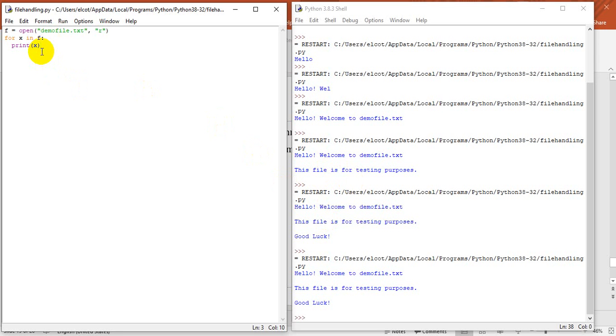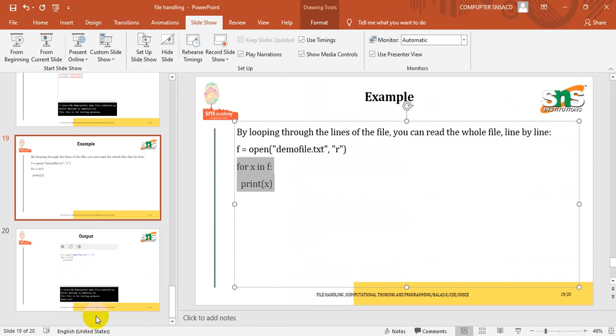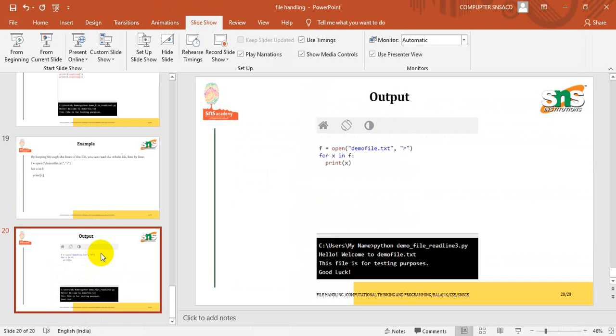In the first iteration it will take the first line, in the second iteration the second line, and in the third iteration the third line. So this is the way, but probably the output will be the same when comparing both the for loop and the read method, right? Is it clear for everyone? Right. So this is a demo session which clarifies how we have to perform the methods in file handling, right? So I'm just going to the slideshow of this.